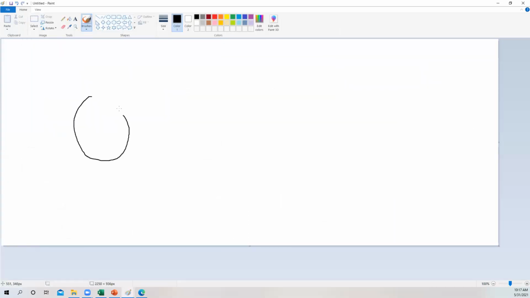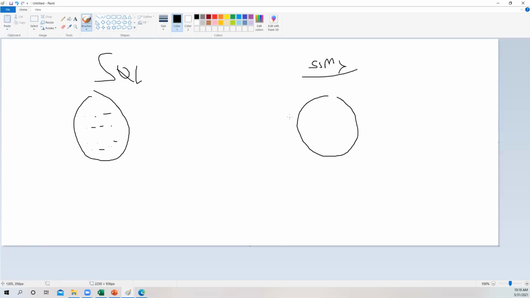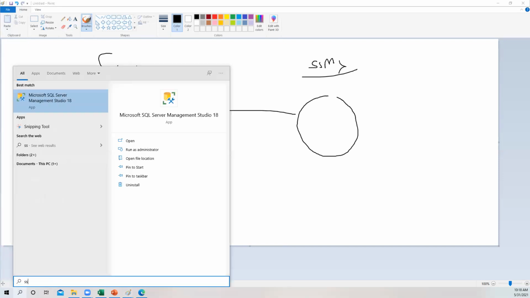So this is a SQL Server. This is a place where data will be stored. But as a developer, I need some medium, right? This is installed in the computer, but we do not directly interact with it, guys. So we need some medium called SQL Server Management Studio, SSMS. Using that, we connect to this server. Let me show you what that is.